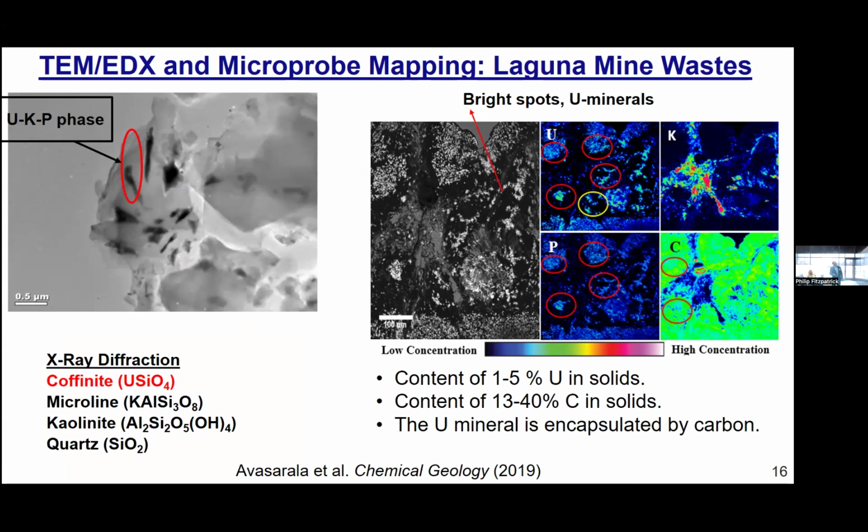But I also want to show you then that when we take the mine waste from the Jackpile mine, in contrast to what we saw in Arizona, in the Blue Gap-Tachee community, where we have all these uranium vanadates, here we have a different story. You see these dark spots here, those are uranium minerals. But this is a potassium uranium phosphate, not vanadate anymore.